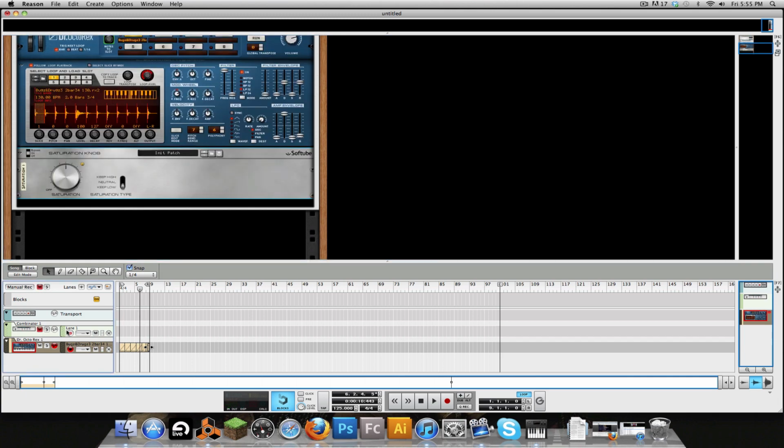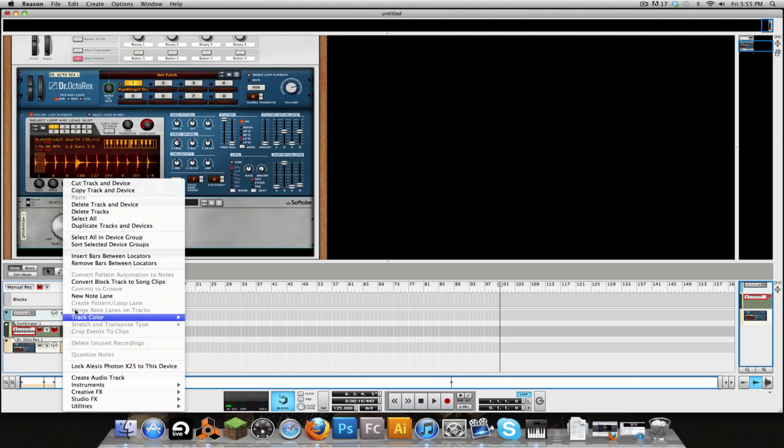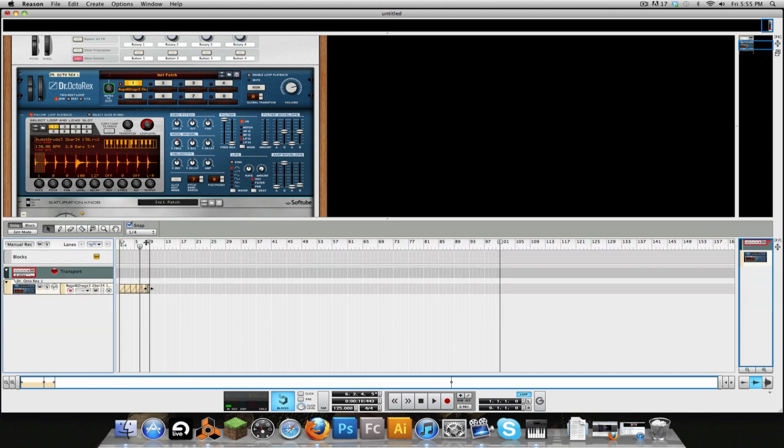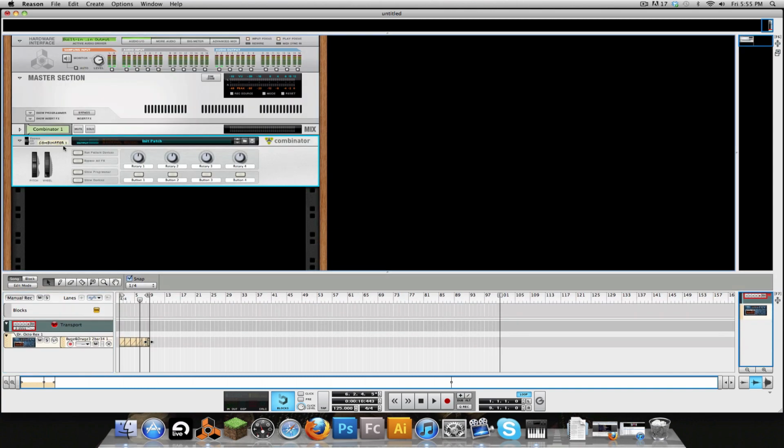So in the arrangement view, I'm going to right click on the combinator and delete the track, just to save a little bit more space and to keep it clean. Alright, so now that we have our first combinator, I'm going to name this back drums. I'm going to create another combinator,